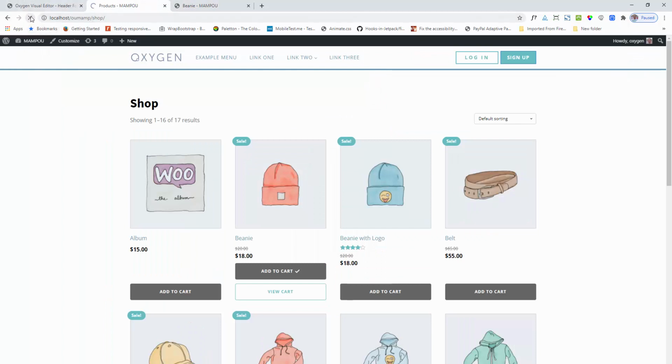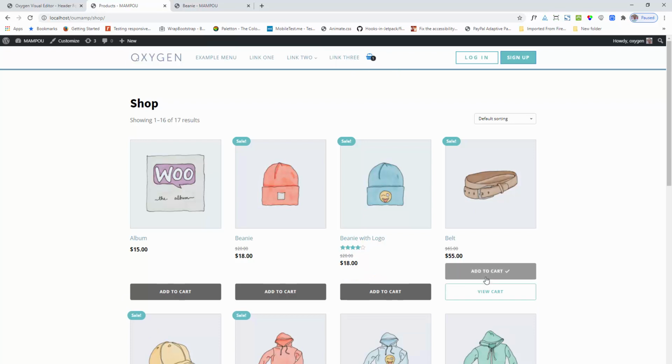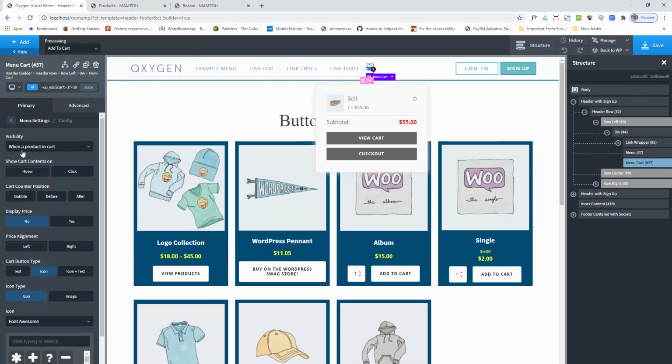I already added a product into the cart, so it will show here. First I am removing this product. You can see that the button is not showing, it automatically disappeared. I am also refreshing the page and you can see that the button is not showing here. So I am adding an item into the cart and you can see that the button is showing. So this is controlled from these visibility options. I am setting the always option.